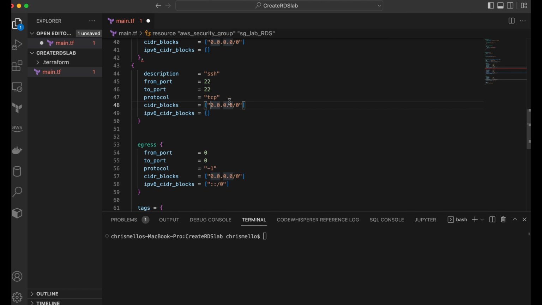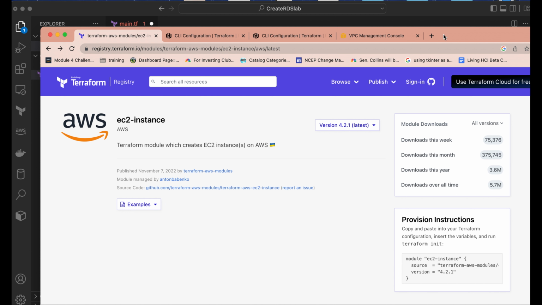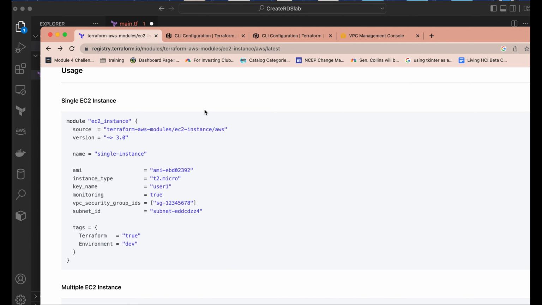I'm going to actually use a module, which is predefined. If you go up here to the Terraform IO registry, you see modules. Terraform gives you lots of examples here, so you can just read this off. I'll just use the first one, the single one. I also have some of these important ones on my Git repository. So grab this, we'll bring it over,